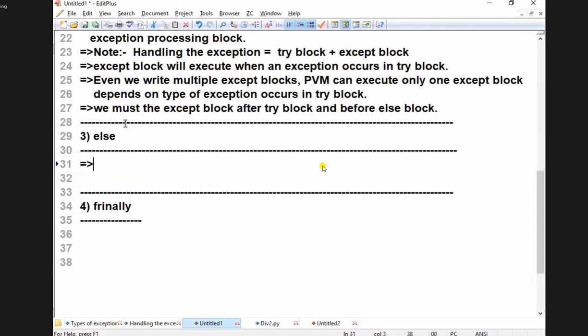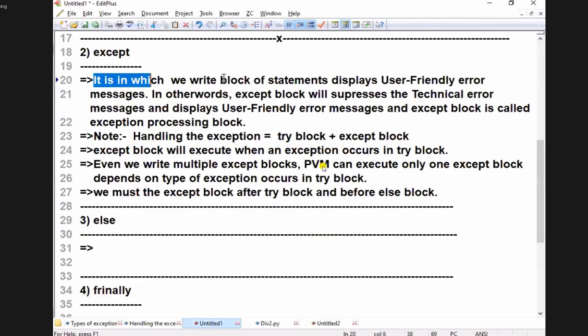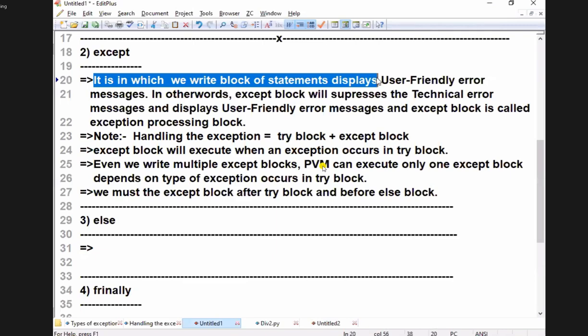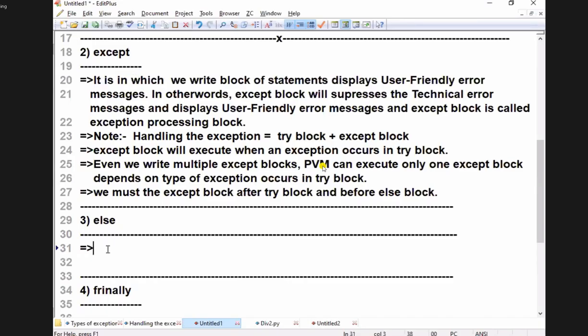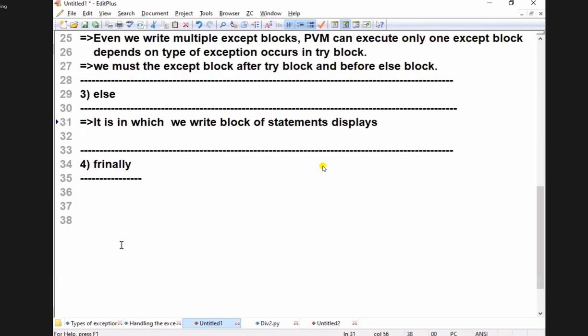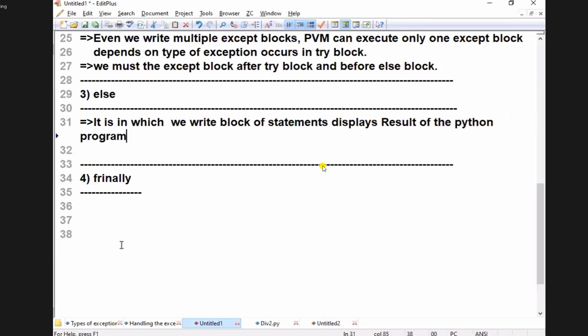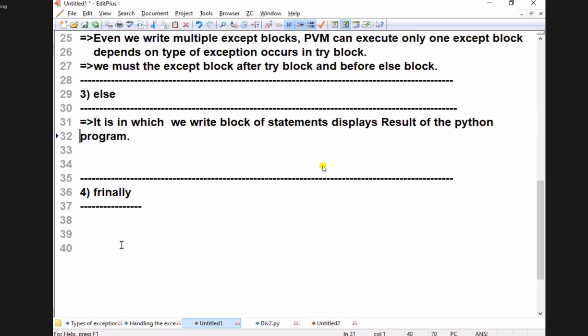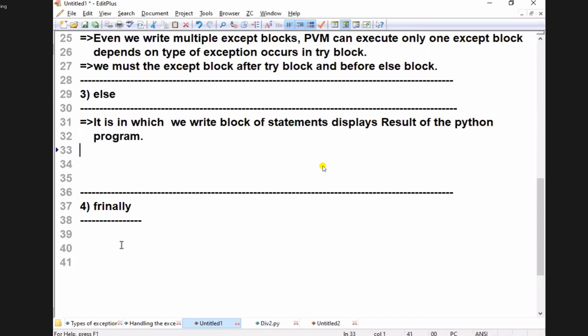It is the block in which we write the block of statements. It displays what always? Statements that display results, the results of the Python program. See students, very carefully try to understand.